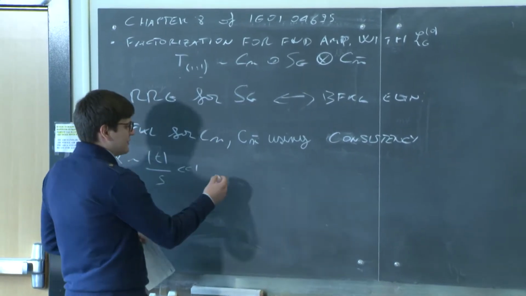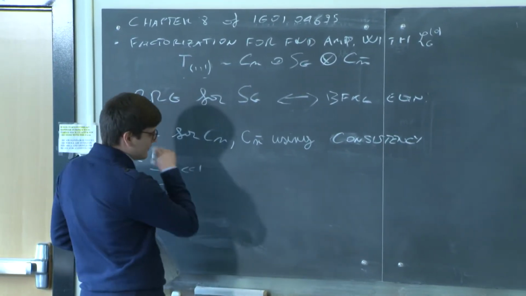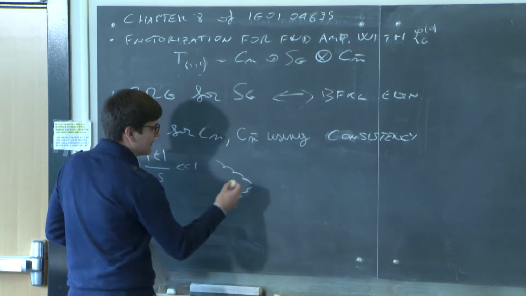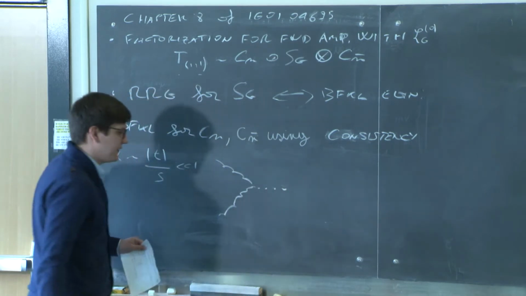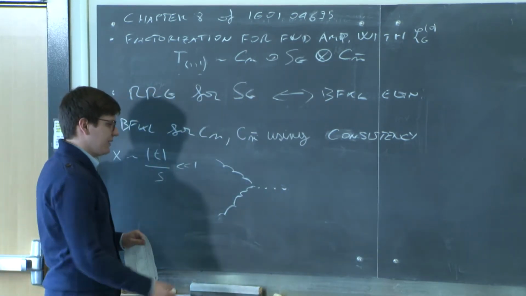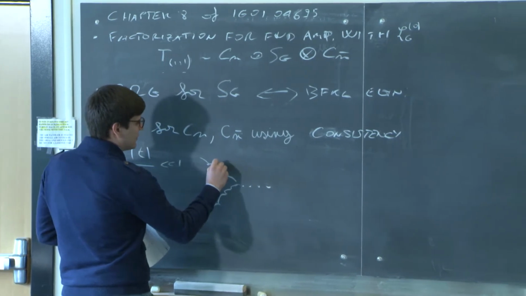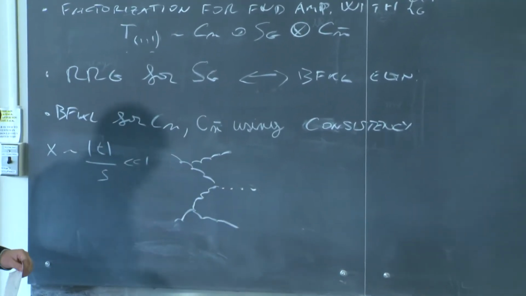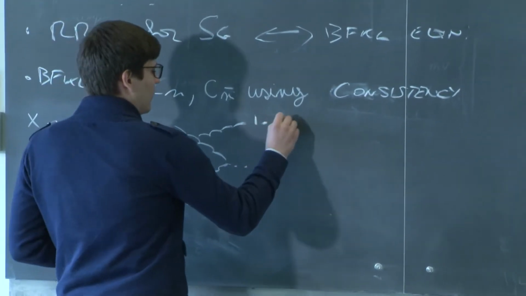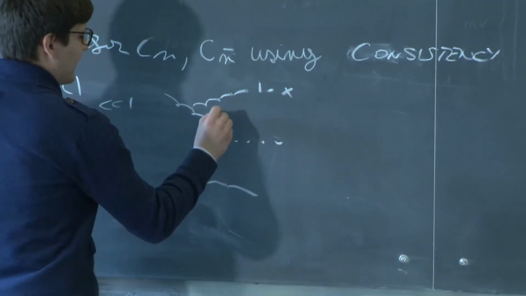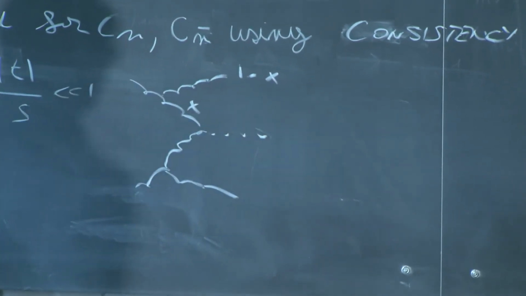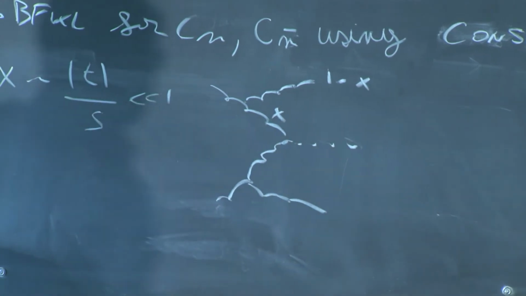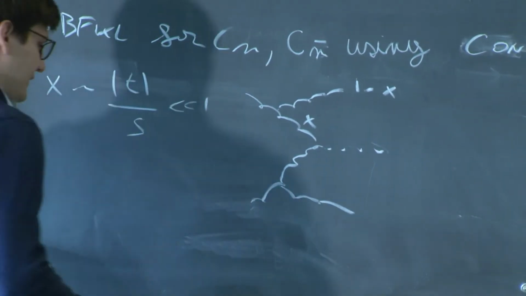And to give an analogy to something that we have already seen in class, we can consider just a gluon-initiated process. It could be Higgs production at the LHC in a point-like approximation. In general, we know that we can have some sort of radiation from the initial state legs. And if we label with 1 minus x and x the fraction of the initial energy that is going into the hard scattering or into the radiation, we have two opposite situations.